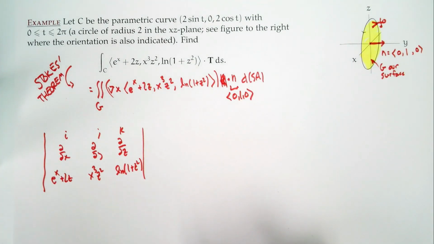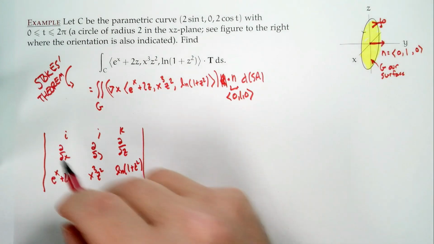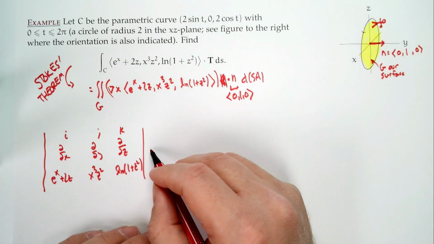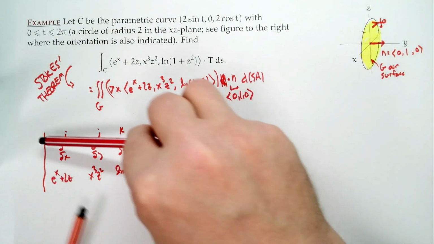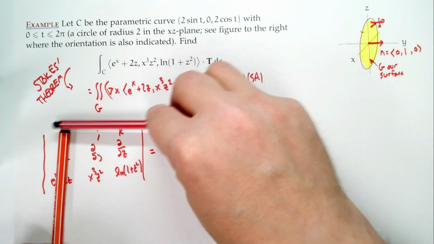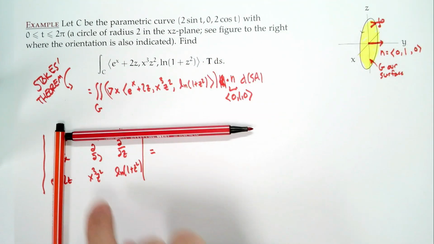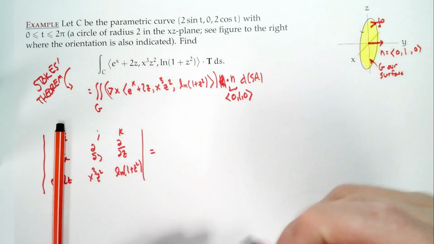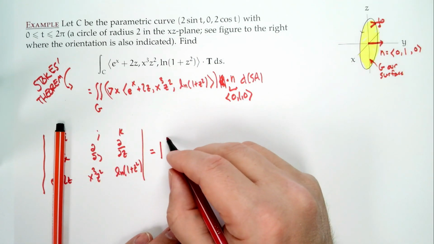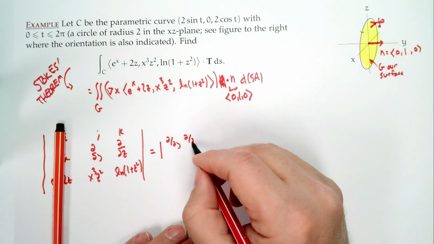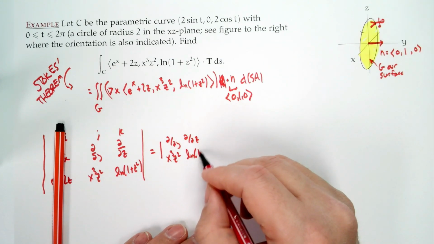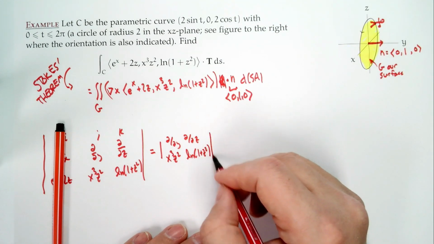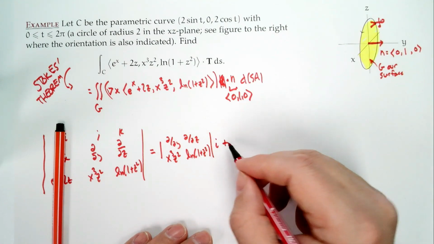Now, I so often do my determinant by going down. Let's do a cofactor expansion, just for fun. So how does cofactor expansion work? For example, we go along the first row, and we cross out the first row and column, and we see that little 2 by 2 matrix. So that's going to be partial y, partial z of x cubed z squared, log of 1 plus z squared, and that's in the I direction, plus, now